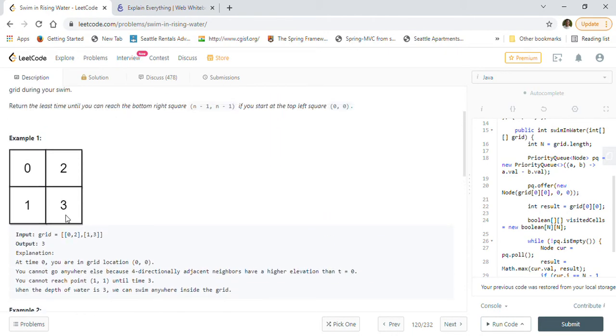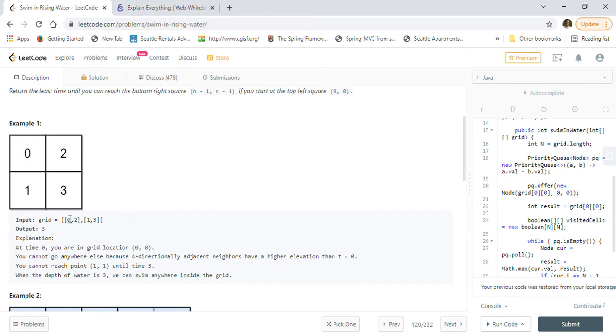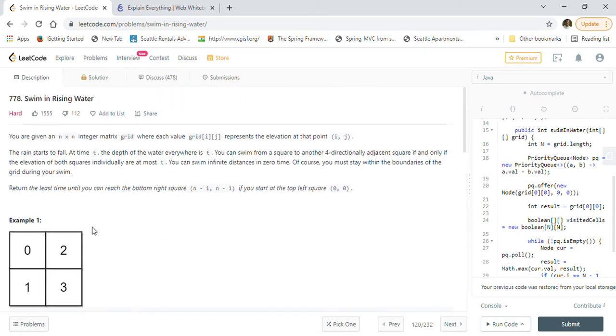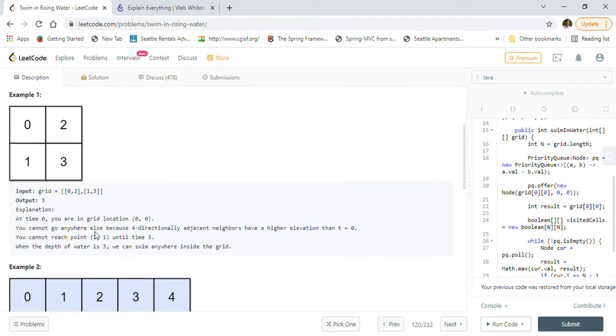They have given us two examples, so we will go through these examples and understand how we can solve this problem. This is a hard problem. First, let's look into example one. Here we want to start at the 0th location and reach the bottom right location, 3.